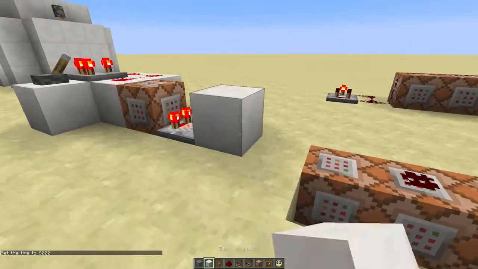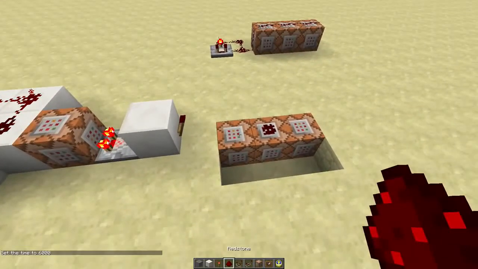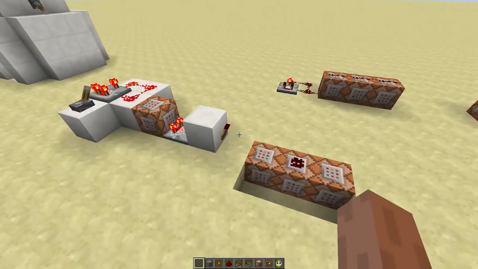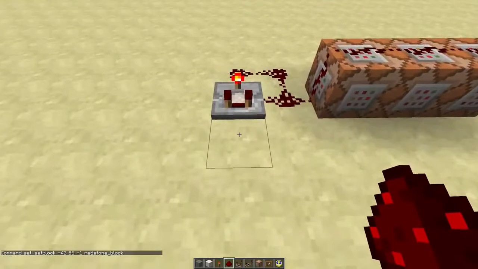Now we'll invert that signal using a redstone torch that will set off this chain of command blocks. So when there's no one outside of the room, which means that everybody is inside the room, this redstone torch will turn on. First things first, this command block will create a redstone block over here that turns on this